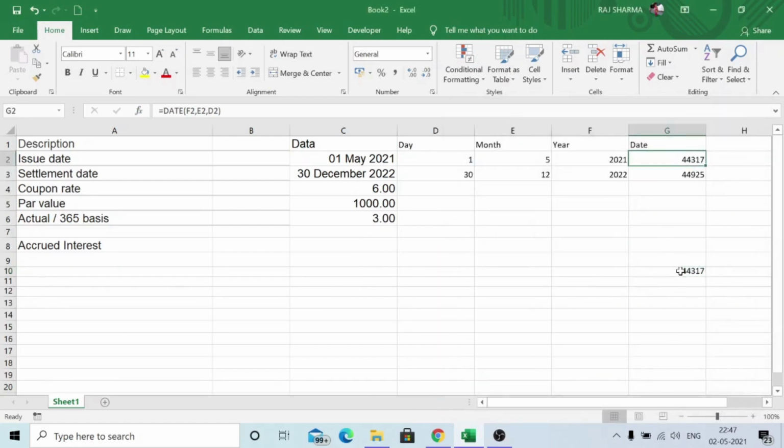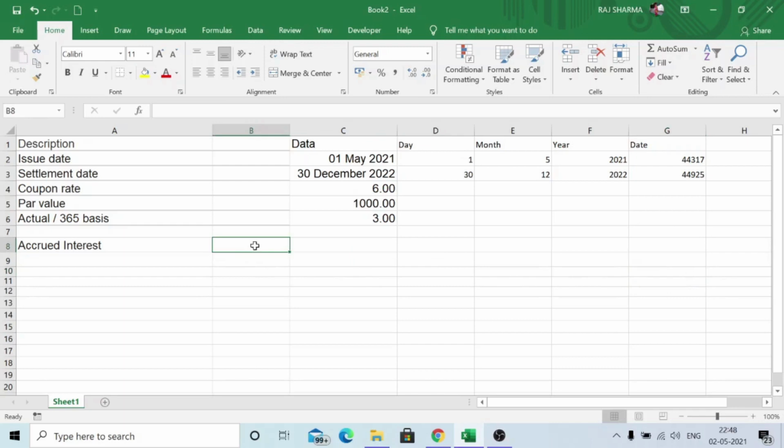This is important because this formula does not take what we can understand as this format in many of the Excel versions. Though in my latest version there is no problem as such, in older versions probably this issue is there. So you can better convert it into date format and then use it.